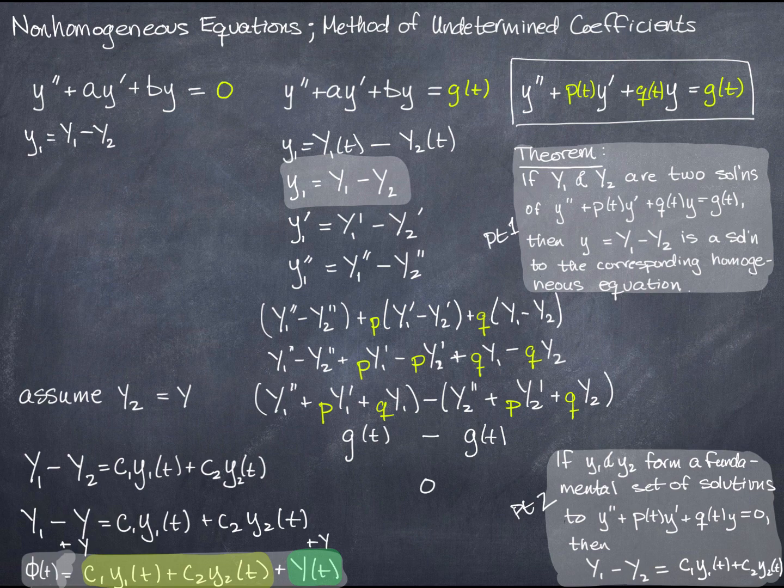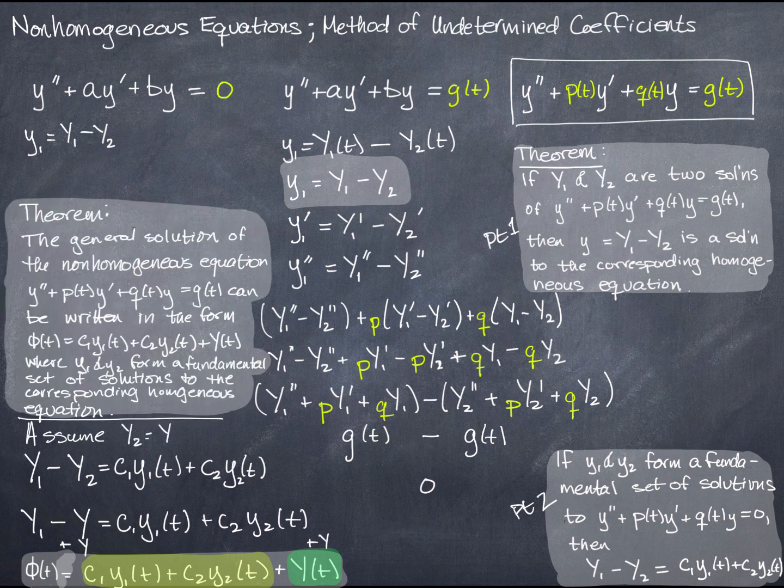So that's the theory behind. Oh, actually, I should point out that this is another theorem. We have the general solution of a non-homogeneous equation, y double prime plus p of t y prime plus q of t y equals g of t, can be written in the form phi of t, which is our general solution, right? That's what we're saying here. So the general solution can be written as phi of t equals